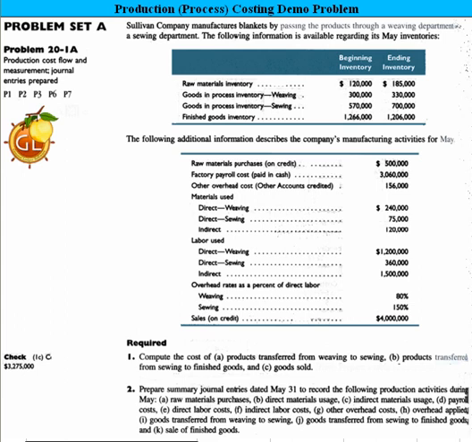And in this demonstration, we'll walk through what's required in number 1, which is to compute the cost of the products transferred from the weaving to the sewing department, and then compute the cost of the products transferred from the sewing to the finished goods, and then also come up with cost of goods sold. Okay, well, we have some data at the beginning. We have some beginning inventory data, some ending inventory data, and we have some additional information as well that appears